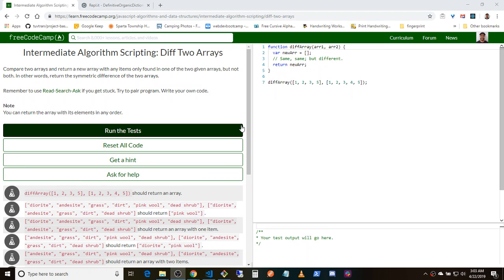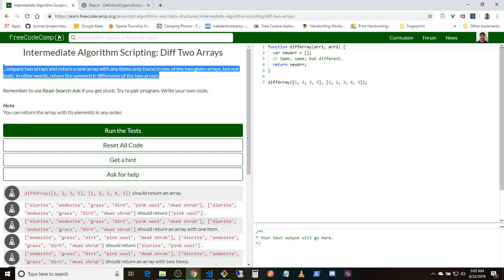Okay, people, we're going to do another one of these algorithm practice from freeCodeCamp. Today we've got Diff Two Arrays. This is from the intermediate section. And as I did the other day, I told you I like to do this and prefer to do this